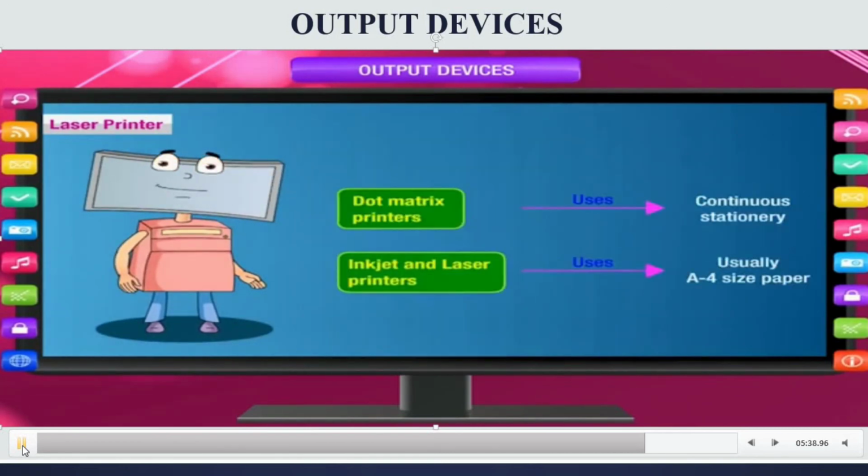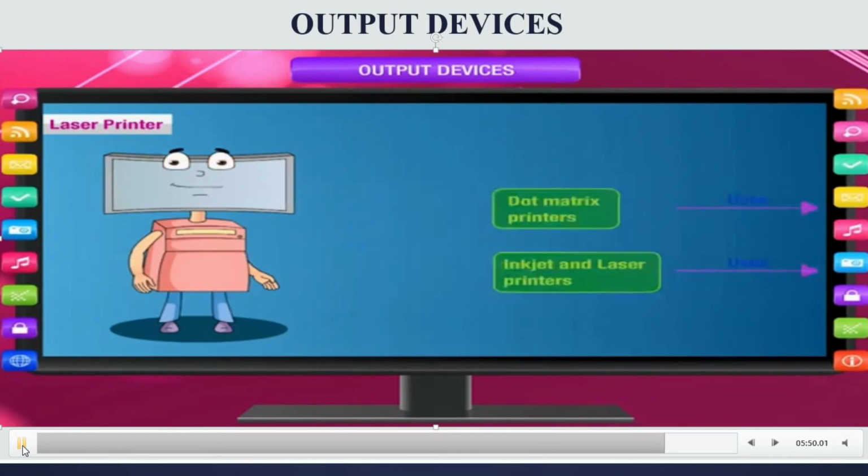So these are the output devices. Which output devices? Monitor and printer. In the computer, the main output devices are the monitor and the printer. Now see here, the printer uses paper. The dot matrix printer uses continuous stationery, and the inkjet and the laser printer usually use A4 size paper.